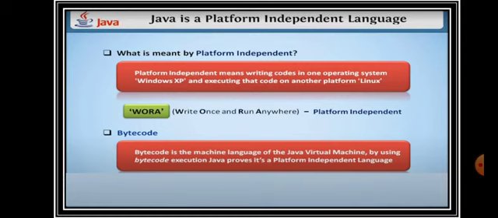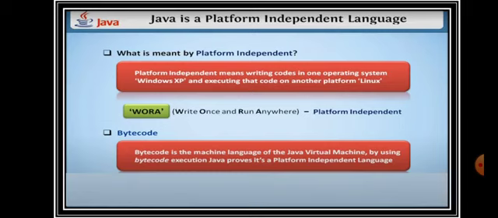Say for example, you have a game. That game is developed in Windows XP. That is, Microsoft has created that game which can be played in the Windows platform. The same game, I am going to copy it in the Linux operating system.